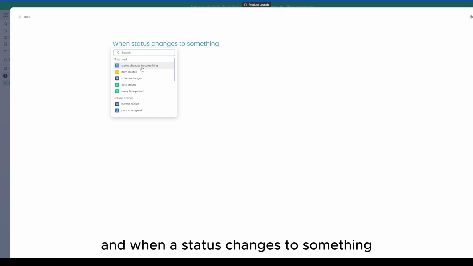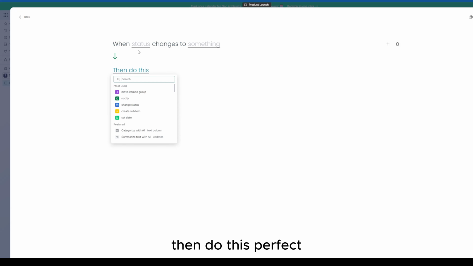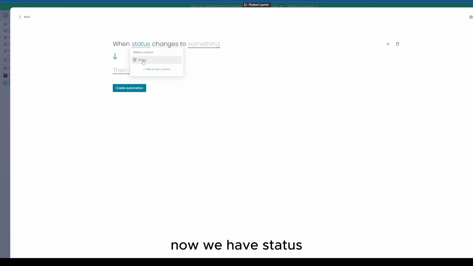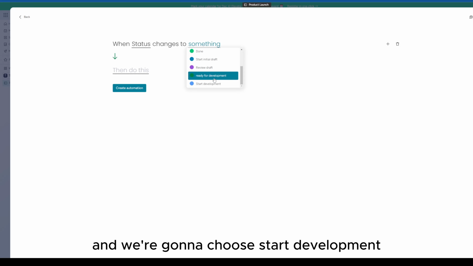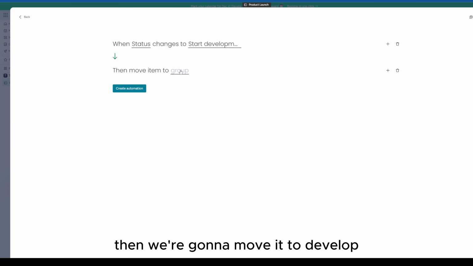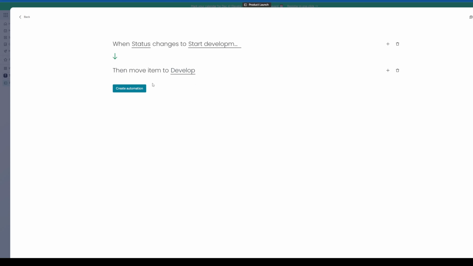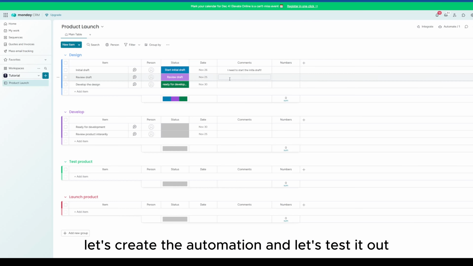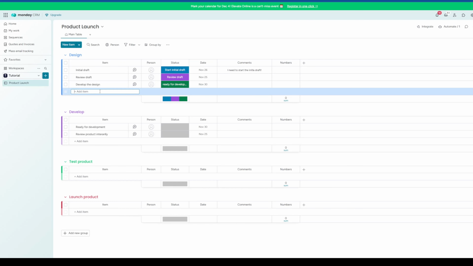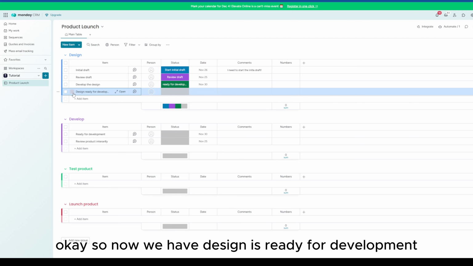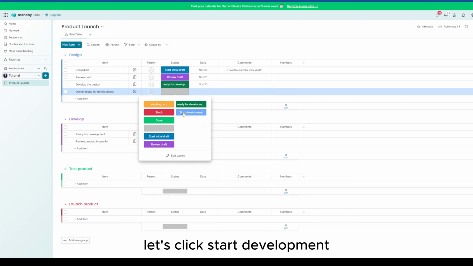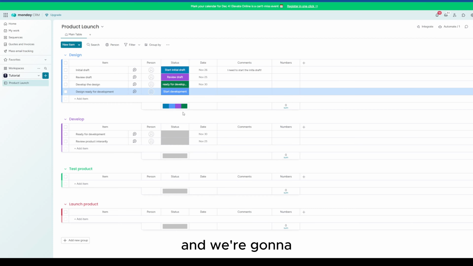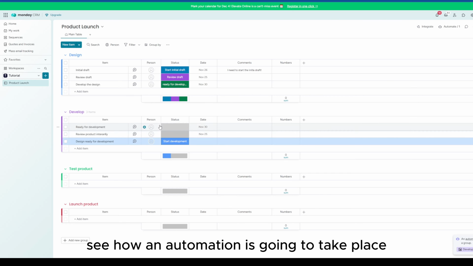and when a status changes to something, then do this. Perfect. Now we have status, and we're going to choose start development, then we're going to move it to develop. Let's create the automation, and let's test it out. Okay, so now we have design is ready for development. Let's click start development, and we're going to see how an automation is going to take place and move it